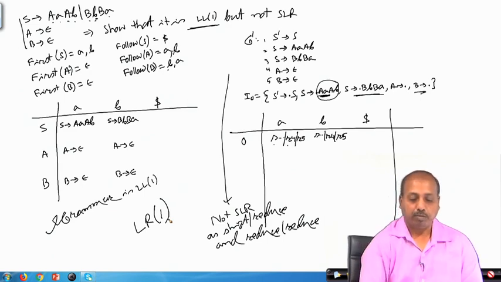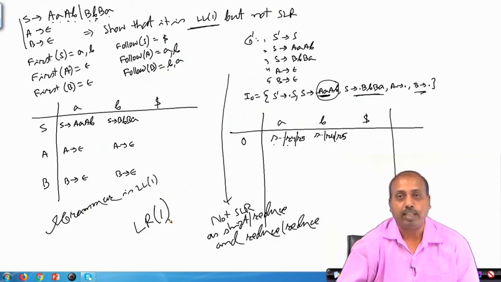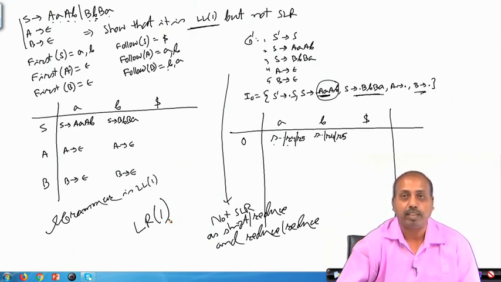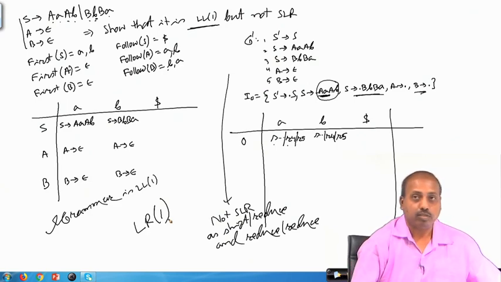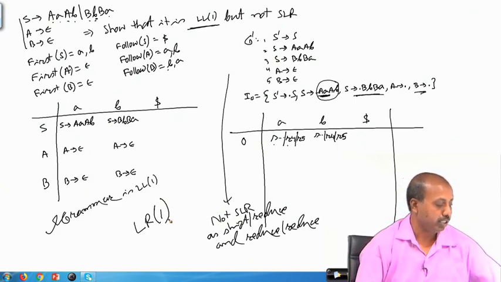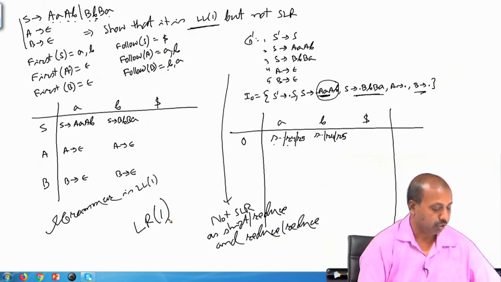So, whatever the statement, that wherever you can get an LL parser, you can also get an LR parser, that statement is not violated by this example. This example just shows that there may be a case where the grammar is LL1, but not SLR. So, it may be that the grammar is LR, but it is not SLR. Only that part. Okay. So, you have to see what is happening to the grammar by looking into the corresponding table, and then we have to look into the corresponding sets.